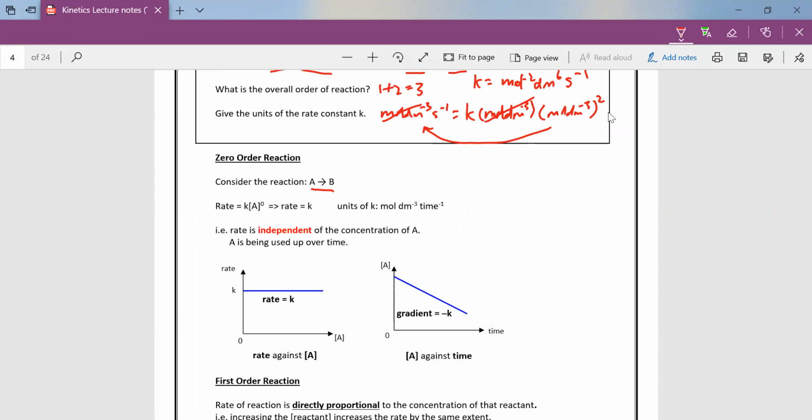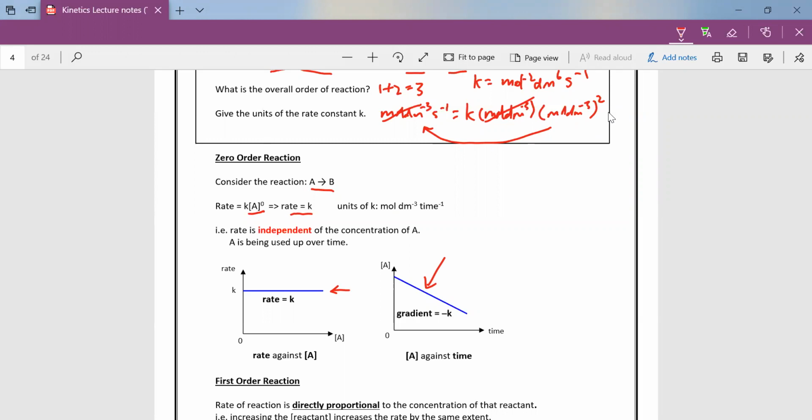rate constant and concentration of A to the power of 0. Anything to the power of 0 is 1, so our rate is actually equal to the rate constant. What this means is that the rate is independent of the concentration of A, and A is simply being used up over time. As you can see from the right, when we plot concentration of A against time, it just goes down gradually. But the rate is a straight horizontal line when we plot it against concentration of